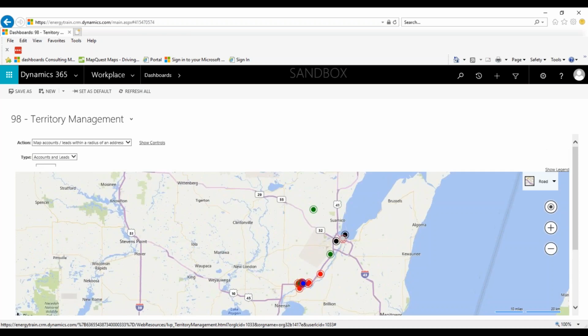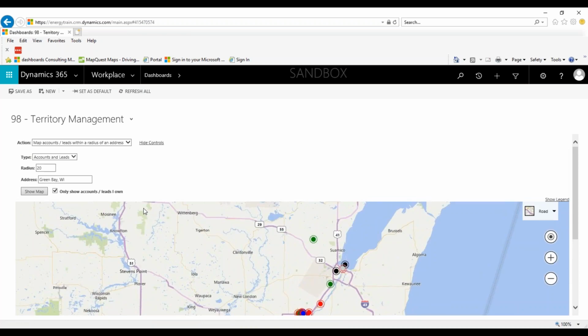I'm going to go back to showing all the controls here again and just go through a few of the other options. So another option, I'll just jump up to this one here, is to map your accounts and leads within the radius of a specific account. So if you're going to go visit one of your customers and you wondered who else is near them, if you knew their address, or their city, you could just type it in the way I just did. But if you wanted to do it this way, now the one thing I need to do is